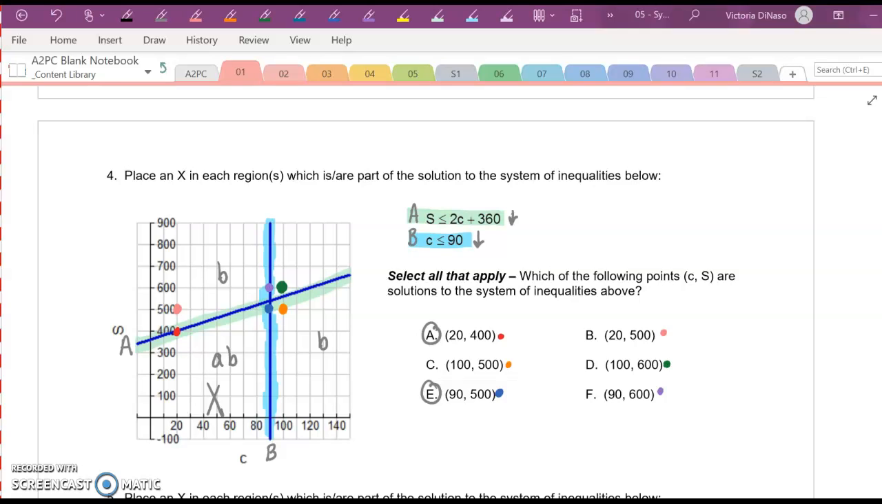So that means that it is part of my solution, it's part of the answer, because of that solid line. It does fall below line A, which is true, below line A. So then, we can go ahead and take a look at